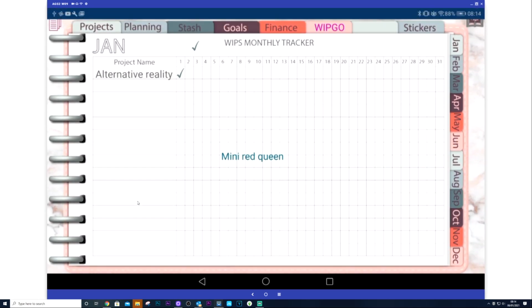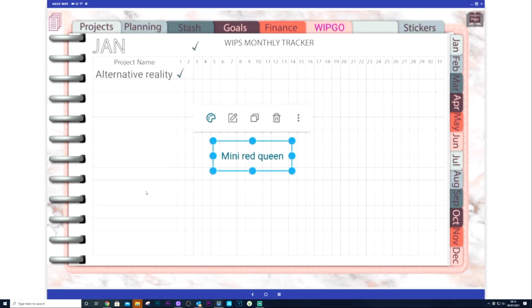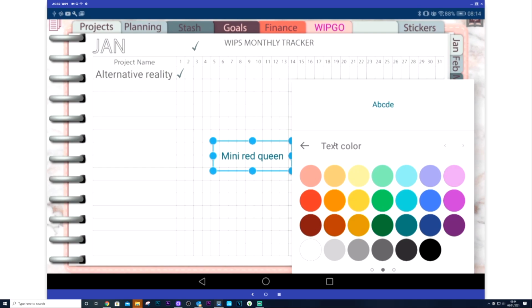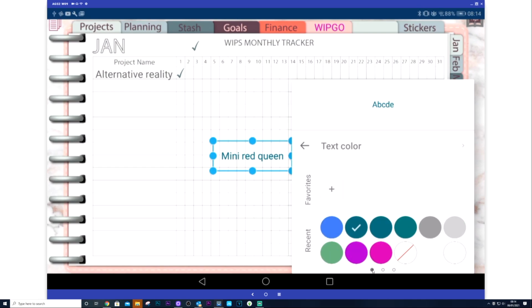I want to change the colour because I want it to match the one before. So if I now click on that, go to my little palette, I'm going to go text colour. Now I know that I've used this colour before, so I'm going to use these little dots at the bottom. I'm going to click on this one and you can see recently used. It must be this one here. So I'm going to click on the grey,